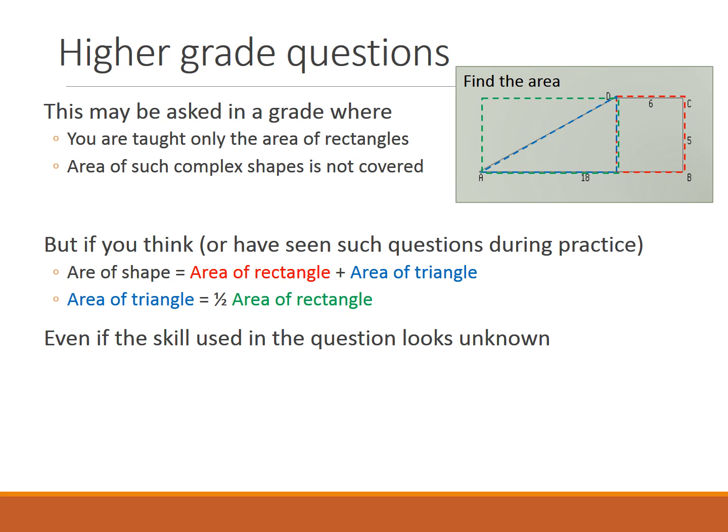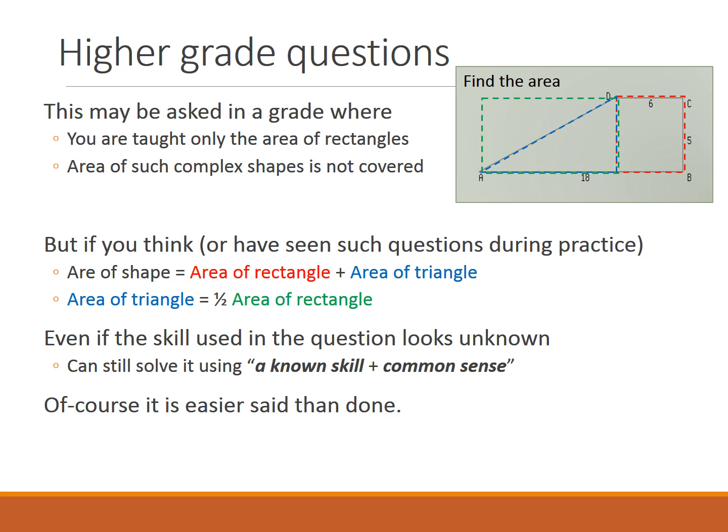dividing it in two. So now the area of the complex shape is basically the area of the rectangle plus half the area of the bigger rectangle. And since the kids know how to find out the area of the rectangle, now they can solve this question. So we can see that this question might look a bit difficult, but if the kids have done regular practice, they have solved this kind of questions before, they can use their common sense and solve this question in no time.